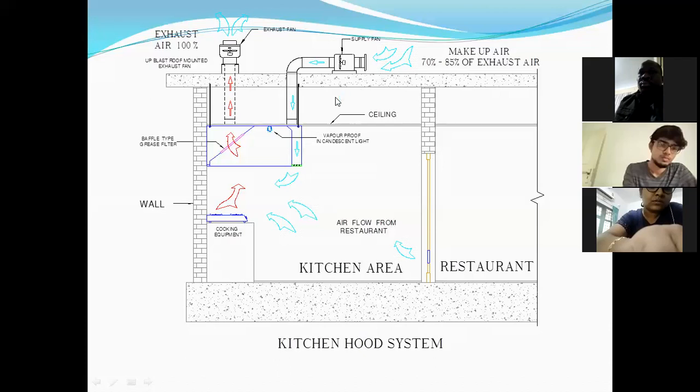I think my question is proper, right? If you are exhausting 100% of exhaust air to outside, 100% of makeup air or fresh air also should come inside, right? But when we are designing this ventilation, if we need to give this supply air, we are giving only 80%, for example, from 70 to 85%, in which I am giving only 80% of fresh air to my room. What about the rest 20%? Can anyone answer what about the rest 20% air?